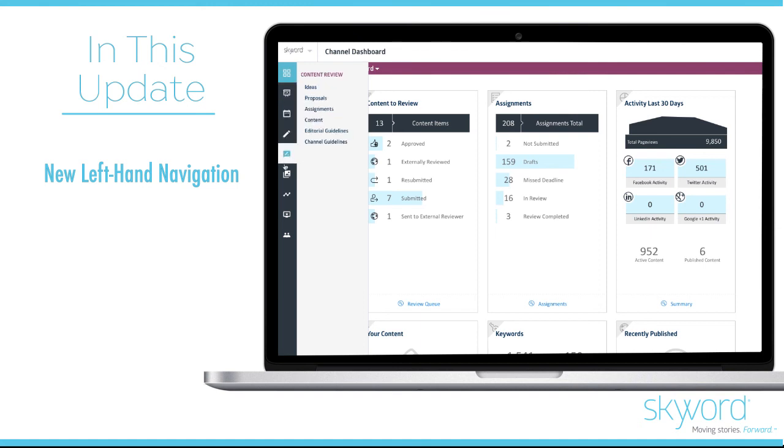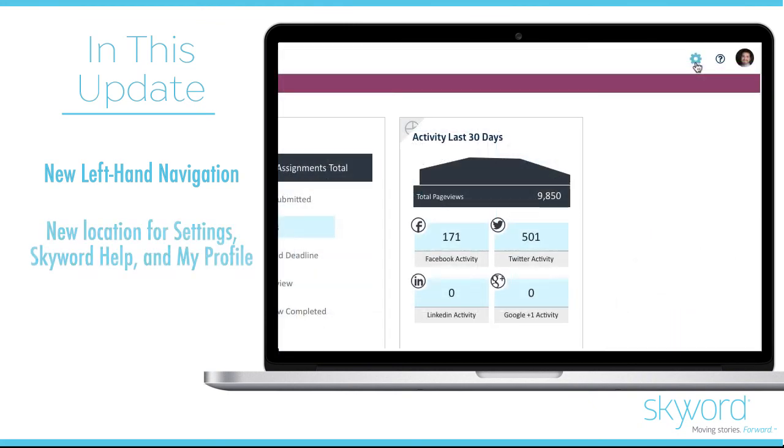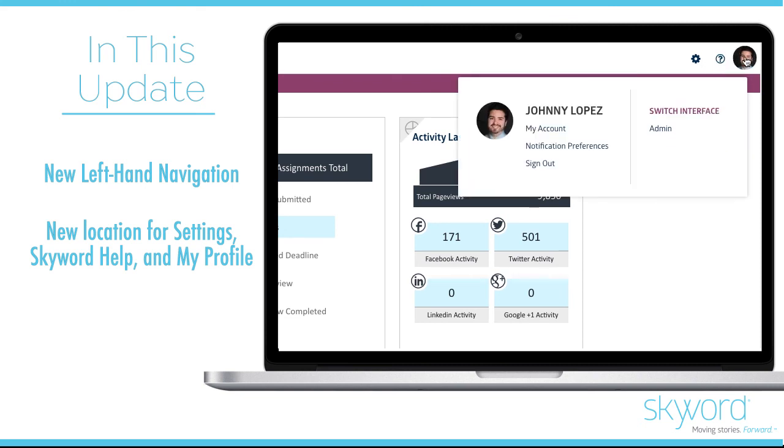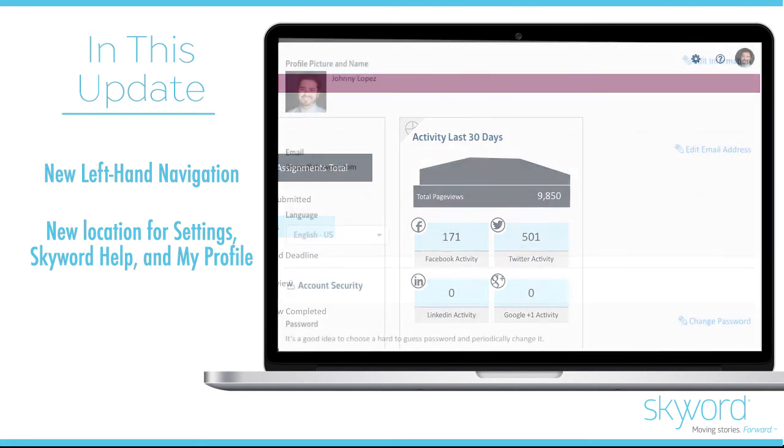side of the screen. In the upper right-hand corner of the screen, you will find not only your program settings, but also your Skyword Help section. Also, your profile information, allowing you to update your basic details, including receiving notifications, and the ability to log out. The My Profile section will also be home to the language option, previously housed in the bottom right hand of